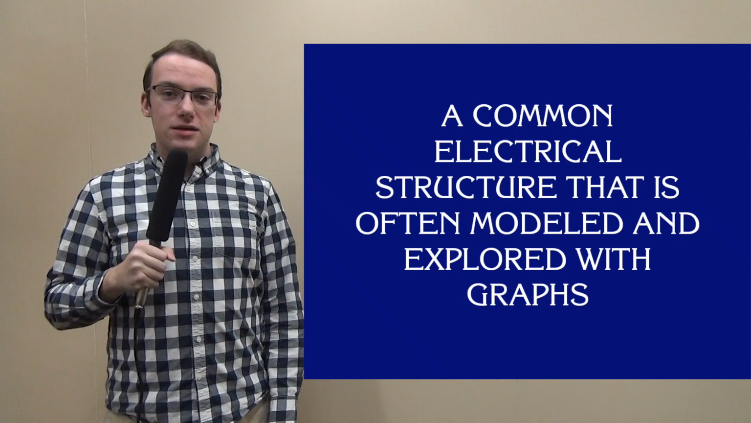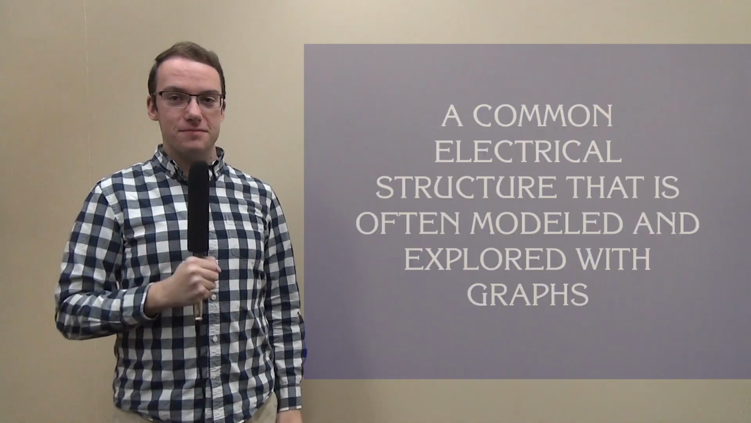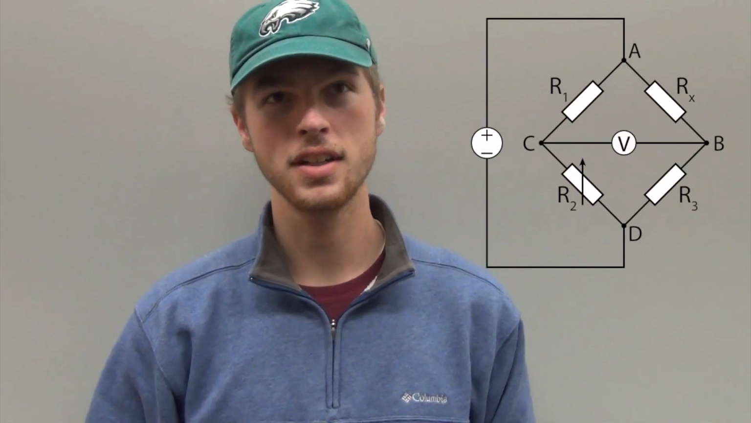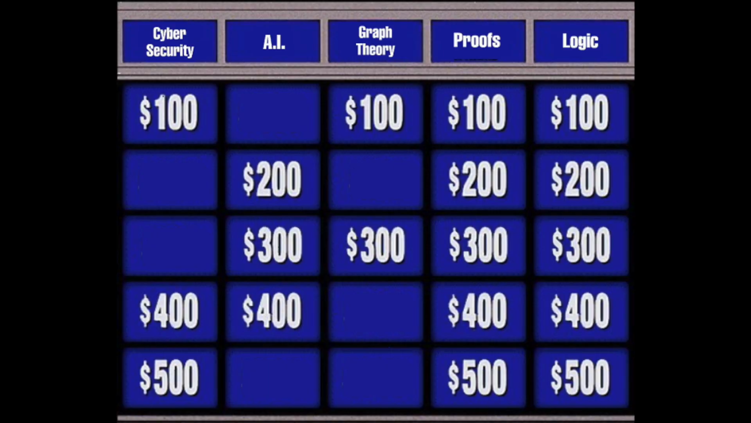Graph theory for 500. A common electrical structure that is often modeled and explored with graphs. What are circuits? Graph theory can be used to estimate wire length using minimum spanning trees, route signals through predefined networks using shortest path algorithms, and calculate possible clock frequencies using static timing analysis. All right, that is correct. Sarah, your next category? I'll take